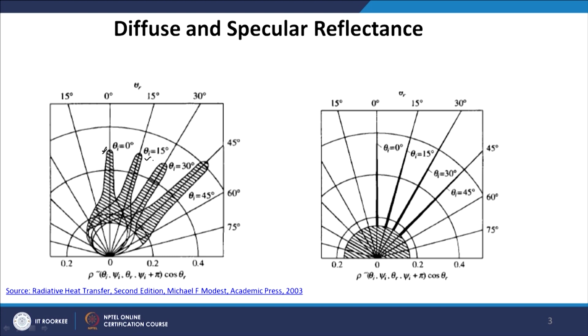Now, it is very difficult to solve a problem if the reflectance properties behave in such a way. So, we have to approximate it, and the way we approximate it is we write the total reflectance rho as a sum of diffuse and specular components. This is the diffuse part, that is uniform in all directions, and then there is a specular component which is a finite value in a given direction.